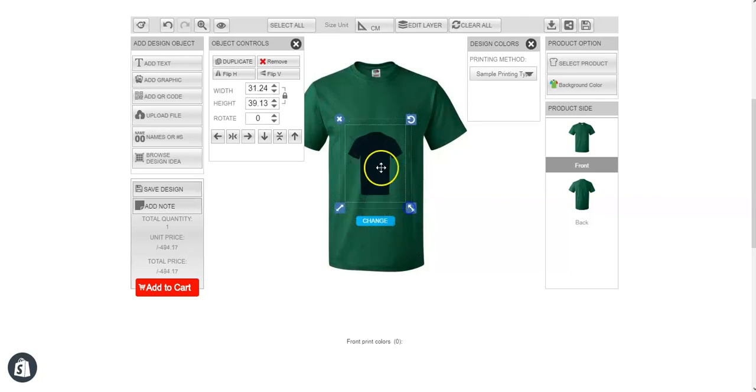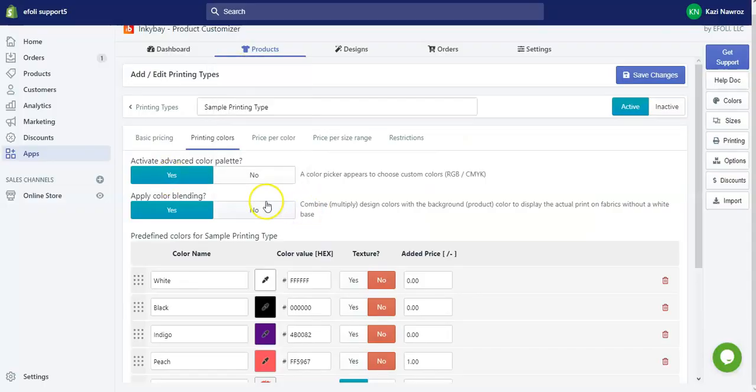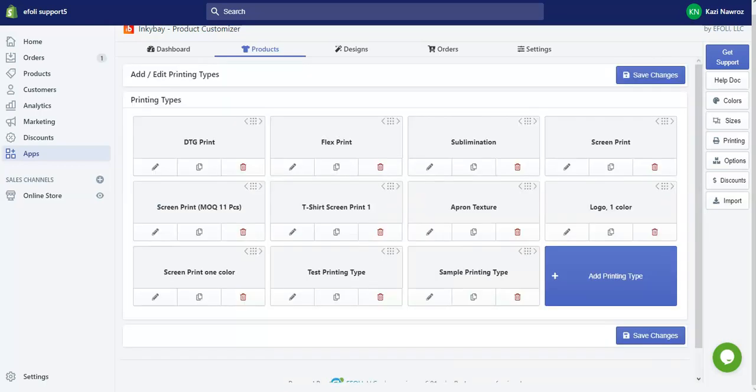It's showing how a blue colored image would look if we screen print it on a green colored fabric. So let's see, if we just click apply color blending to no, and then save it. Let's see what happens then.